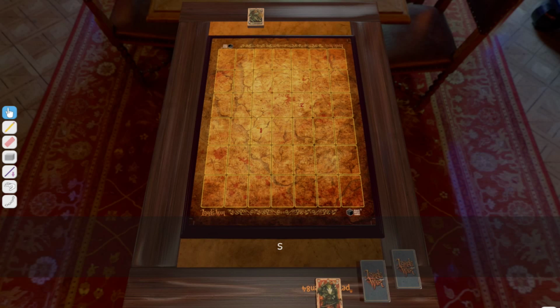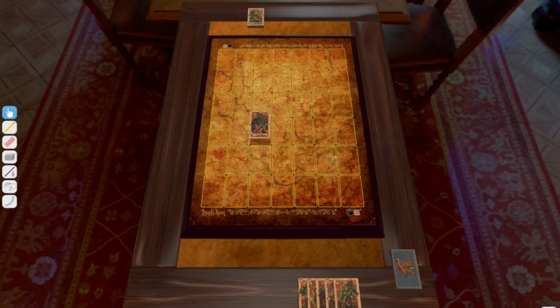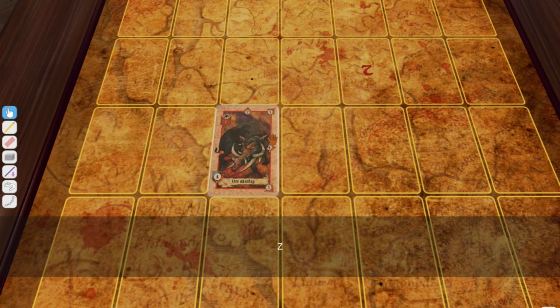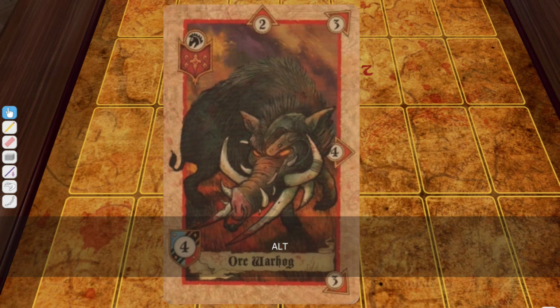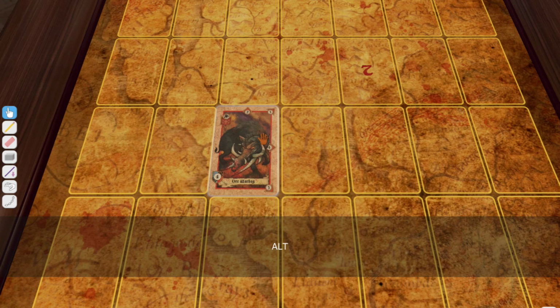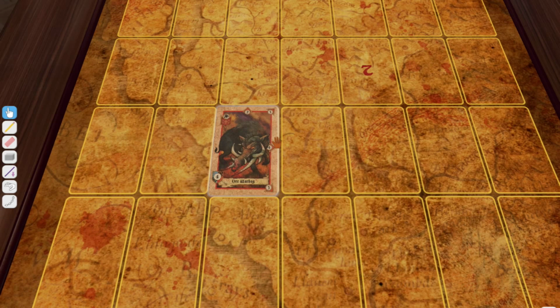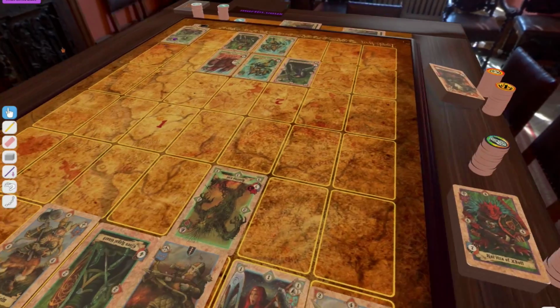C is very useful for zooming down to your hand, and remember, Alt also highlights the cards for you. It should be rather easy. Use the shadow to aim and put the card at the correct spot, and use C to zoom in, and hold Alt to see an even closer look at the card. That really is all there is to it, and you should be prepared to wreak some havoc on the battlefield,